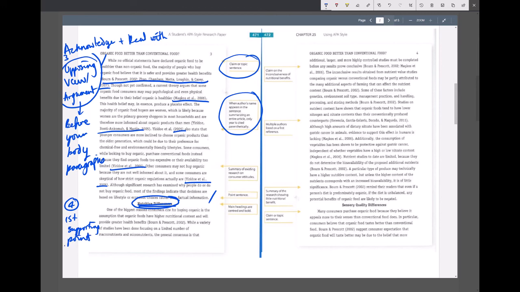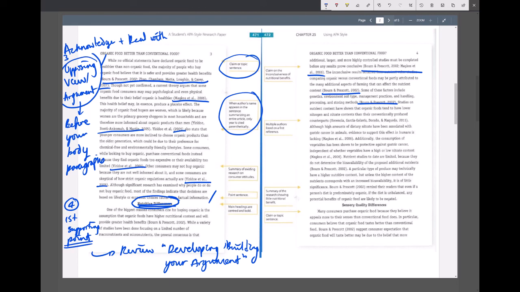Now, you would want to review the developing or building your arguments in the body paragraphs and follow that principle and structure. You may have more to say because each piece of evidence that you cite is going to be evidence that you use to support your claim. In this case, this writer is trying to support the claim that organic food is not any healthier than regular food.